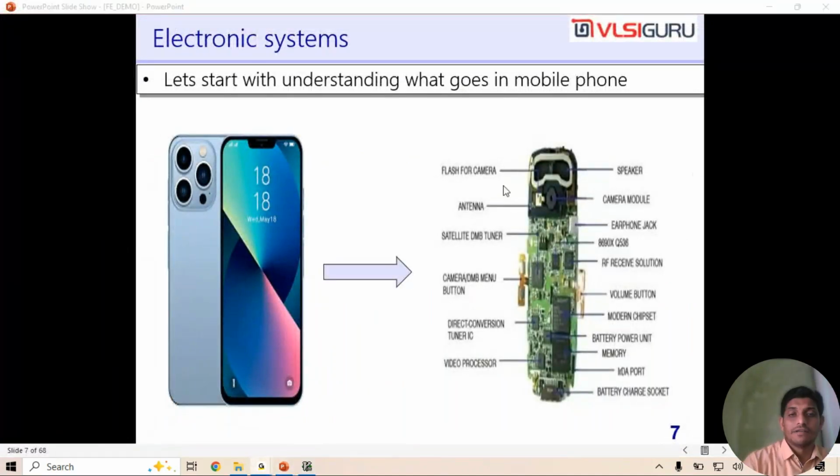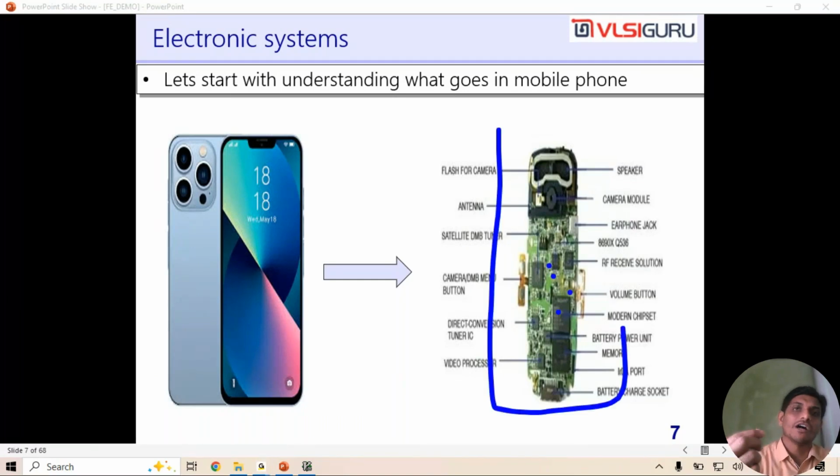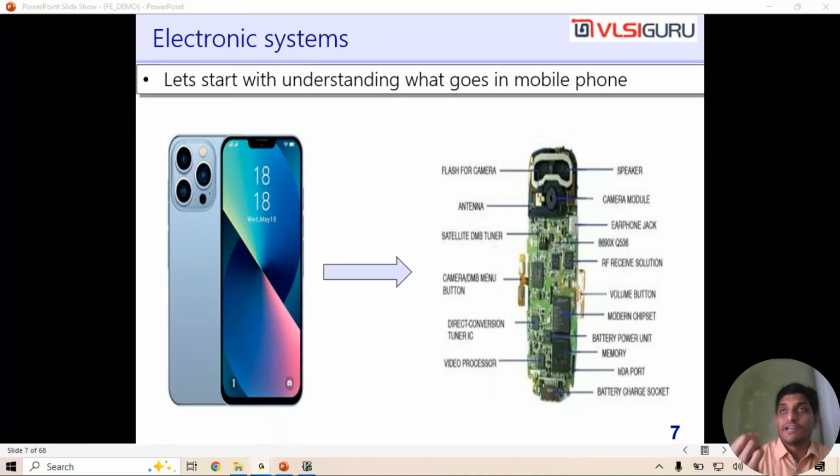I told you this, what you see here is the hardware part. It could be camera, flash, antenna, satellite, a DMB tuner, whatever, different things. Everything I can feel physically. I can touch and feel them. So they are all part of the hardware. What you are seeing is hardware, an electronic device. In this example,